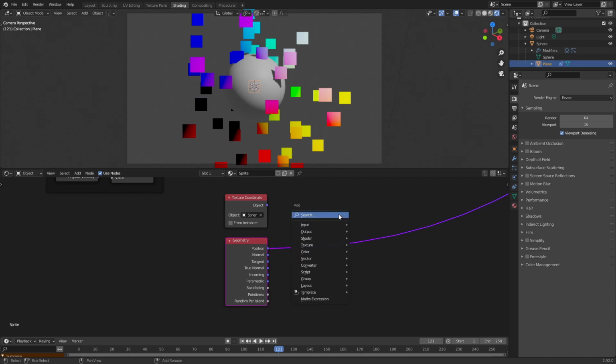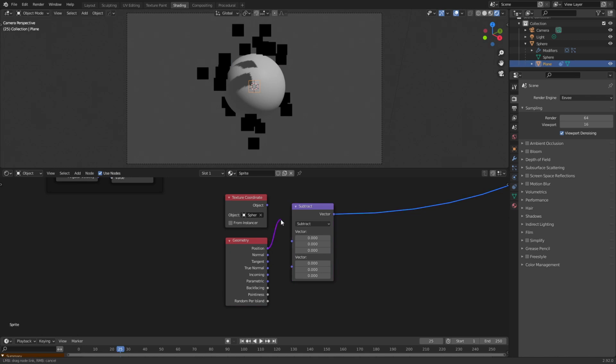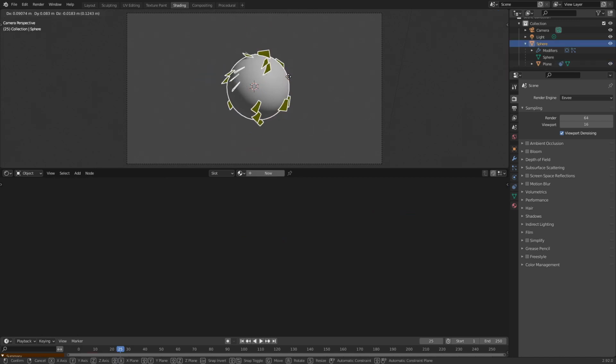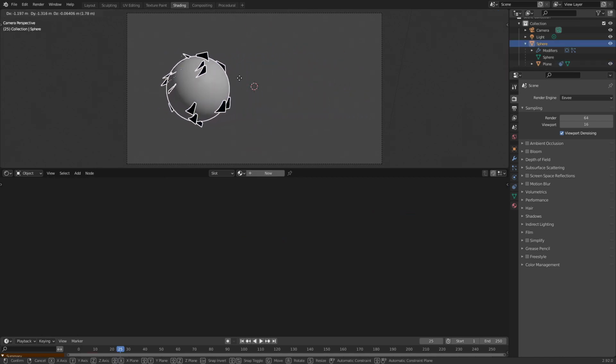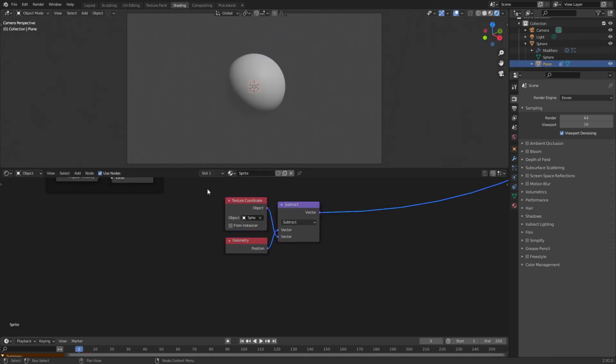So what we need to do here is vector math. So now what we're going to do is to take the position and subtract the object, and we will get a value. In this case it is 0 because the object is at the world origin, but you can see as we move this, it changes color. That's the difference between them. This will be our emitter location. Ctrl J, rename,